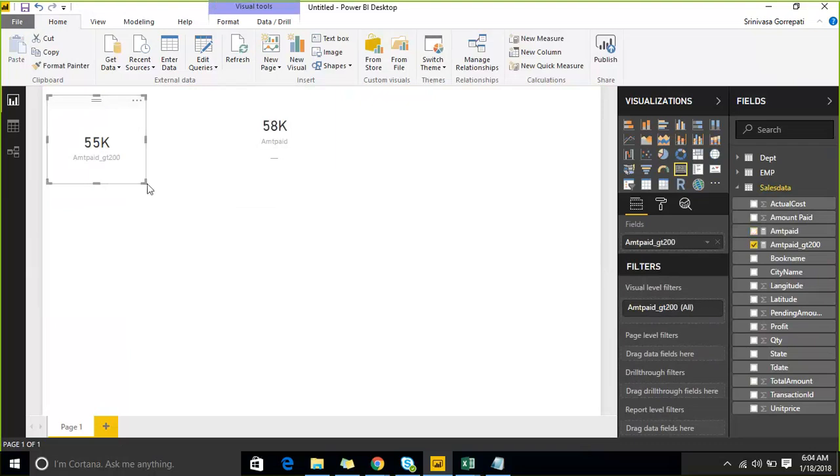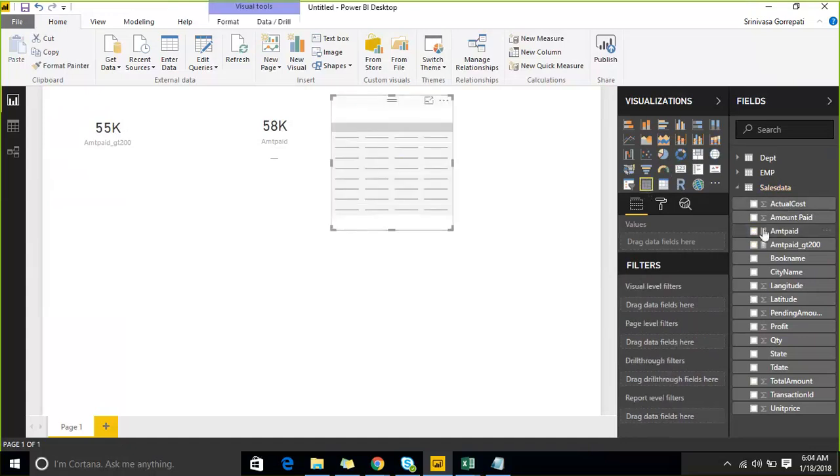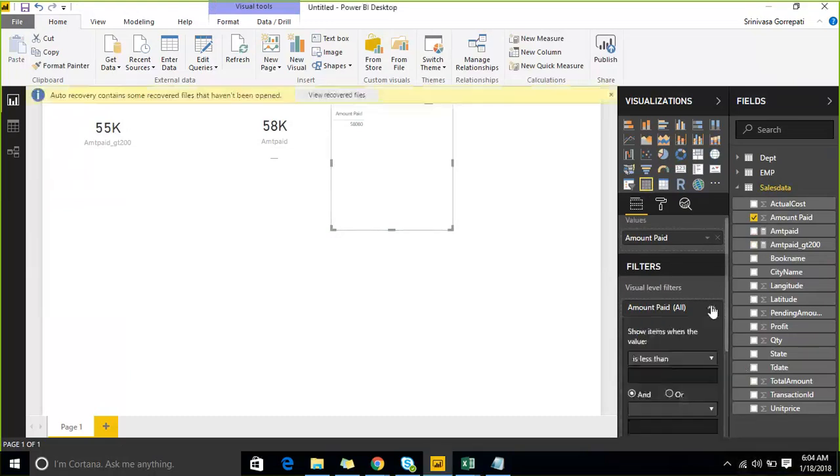Okay, so we are excluding the values under 200 over here. If you consider any table and get the amount paid column over here, it is giving you the complete value of 58080. But if you apply a filter that I require,